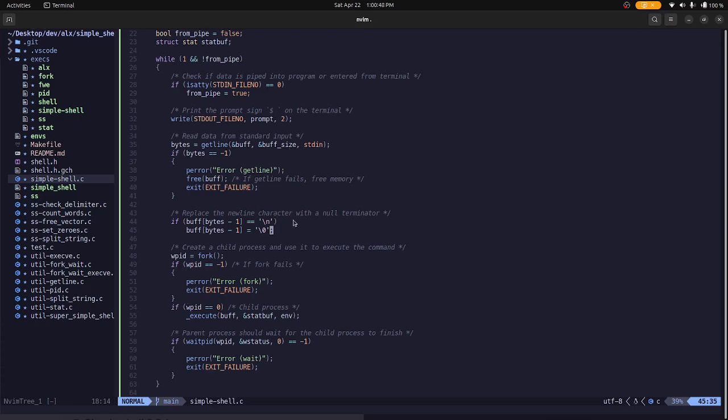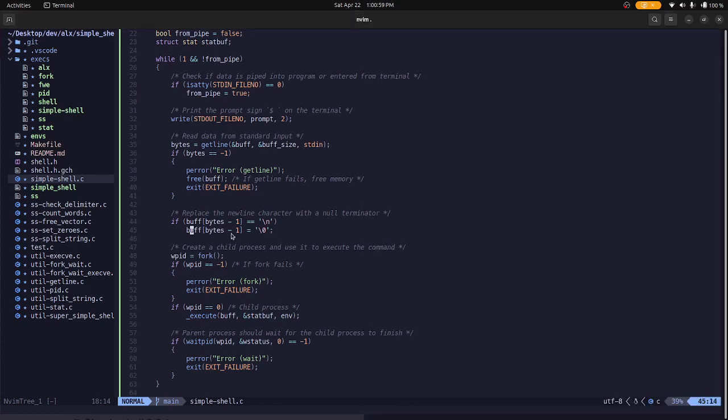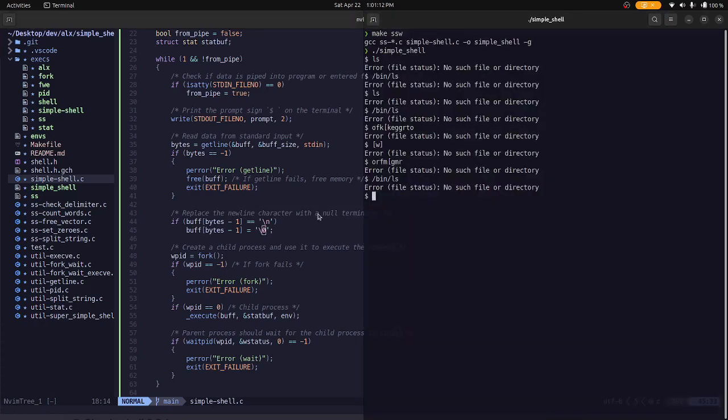So I need to replace the new line. When getline reads something, if whatever it reads ends with a new line, then replace it with a null terminator. That's what I'm doing here. Once it is replaced, because there is no new line again, it will read the string from the beginning instead of reading it from the new line. So now that I've added it back, see,